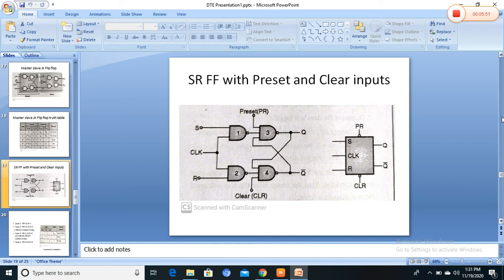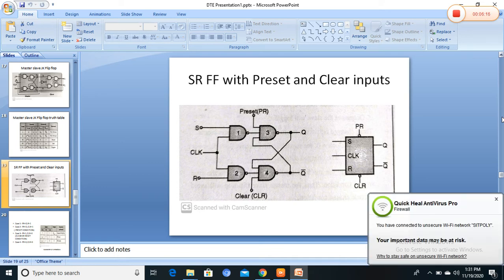In certain applications, it is necessary at the initial stage to set or reset the flip-flops. This can practically be achieved by adding two more inputs to the flip-flop, called the preset and clear inputs. And these inputs are direct or asynchronous inputs because we can apply them any time between the clock pulses without thinking about synchronization with the clock. That means applying the preset and clear input is not related to the clock in any way.